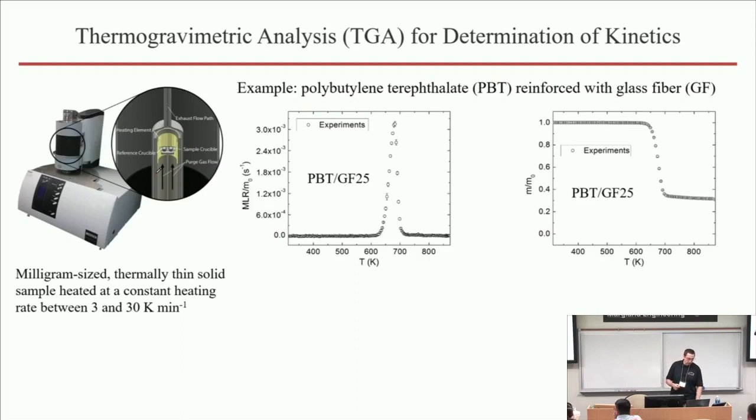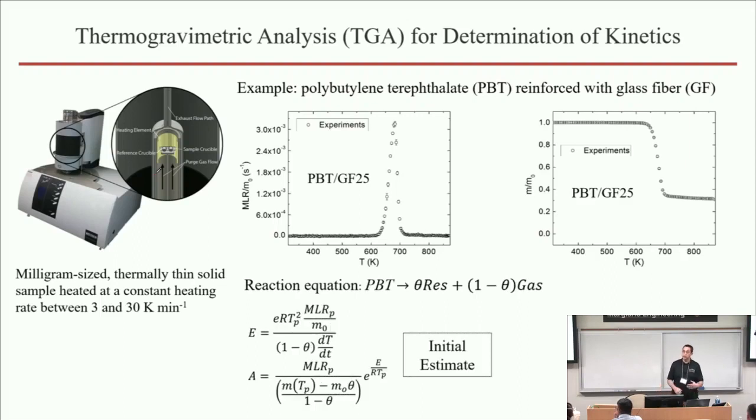The results of these measurements, for example, for a simple material system of polybutylene terephthalate and glass fiber are shown on the right. You have your mass loss rate and also mass at the same time. When you obtain this data and you are certain that mass or any transport processes were not a factor, that this is a signature of thermal decomposition, you try to come up with a mechanism that approximates this thermal decomposition to the best of your ability. In this particular case, there is a single well-defined peak. So we know from our experience that our decomposition can be captured by a single reaction like this.